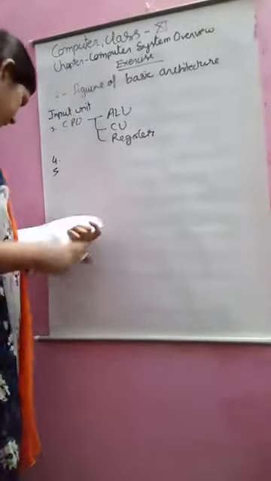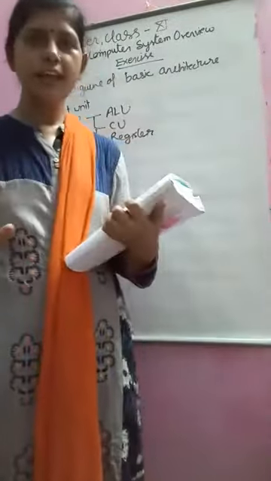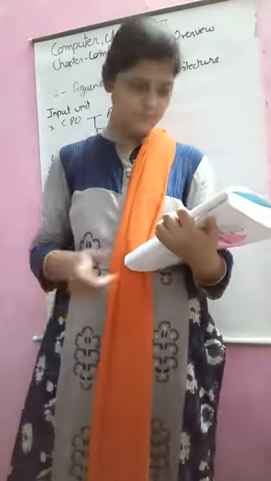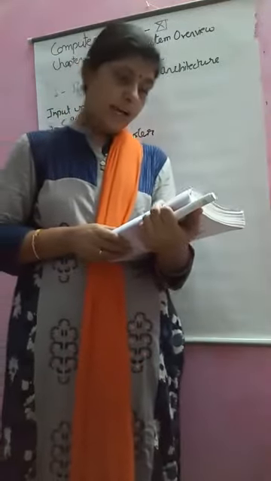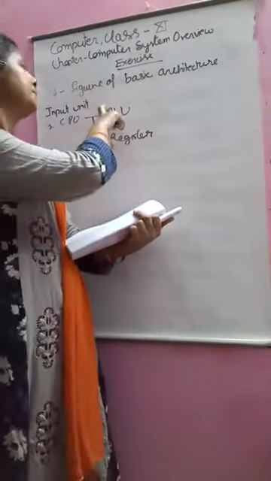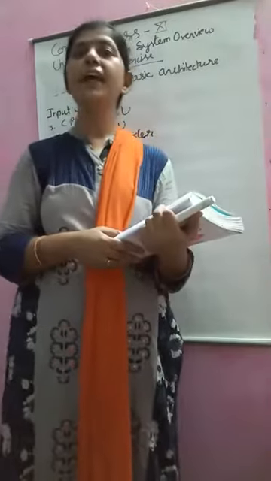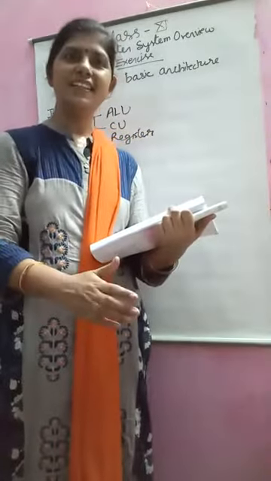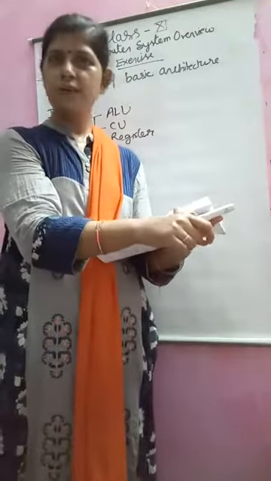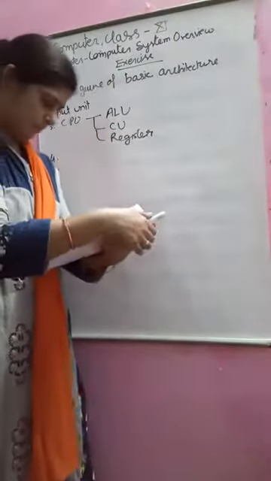The answer is what is the significance of the control unit. Question number 5. What is the function performed by ALU? All arithmetical and logical operations are performed by the ALU. It is an independent unit. It comes in the CPU. So it is a part of the CPU. The ALU standalone cannot do any work until the CU directs it to do this. So it is not a standalone unit. It comes as part of the CPU. Right?